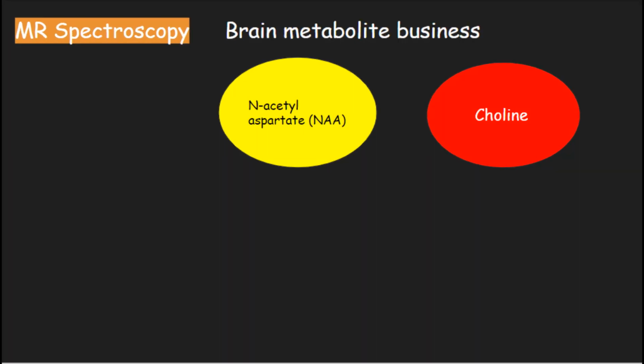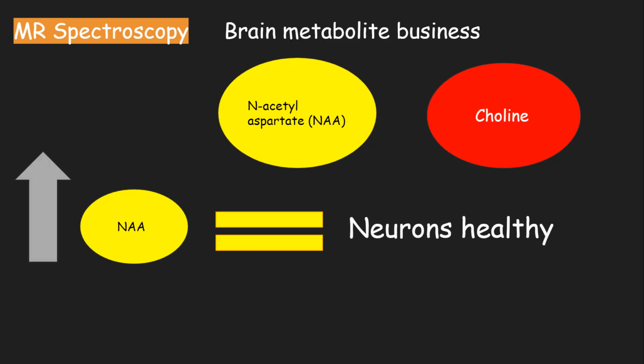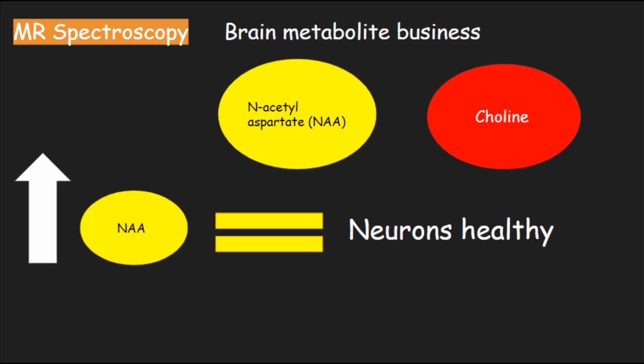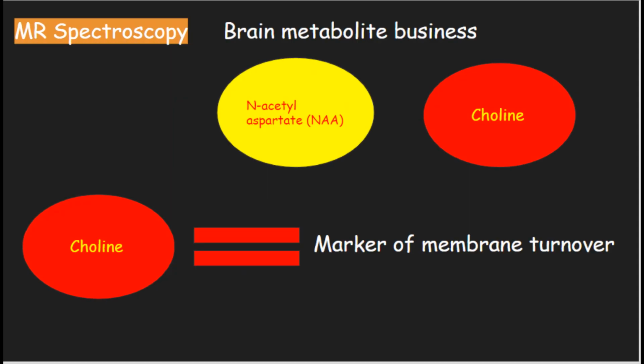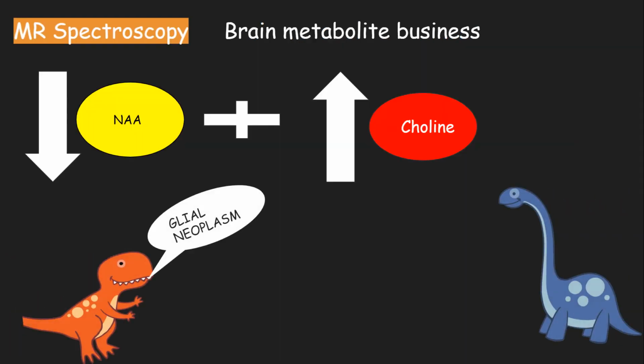MR spectroscopy is very interesting because it combines brain chemistry and neuroimaging. So you need to be aware of two metabolites, which are N-acetyl aspartate and choline. The measured quantities of NAA should always be higher than choline should the neurons be considered healthy. If NAA gets decreased, some sort of neuron disease must be suspected. Choline is a marker of membrane turnover, so if the quantity of choline gets increased, that can be telling of